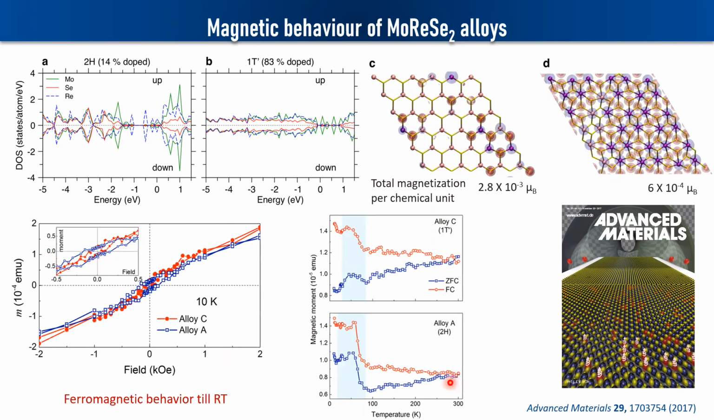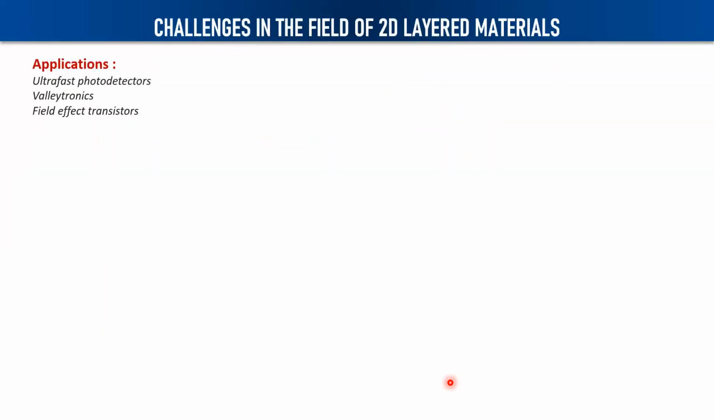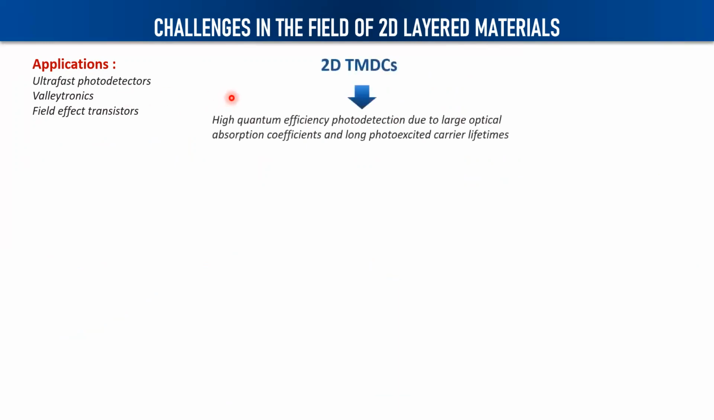So this is one of the ways in which we can engineer the phase transitions, that is, by alloying. There are other ways also by which you can do this. With this in mind, we started looking at some of the different aspects. First of all, if you want to use these TMDs in applications like ultrafast photodetectors, valleytronics or field effect transistors, now,